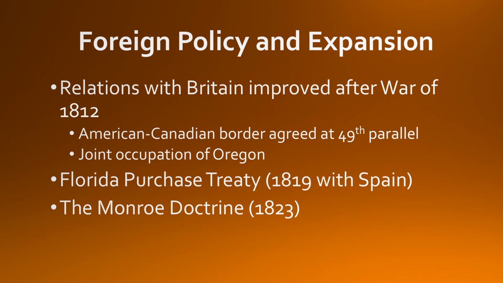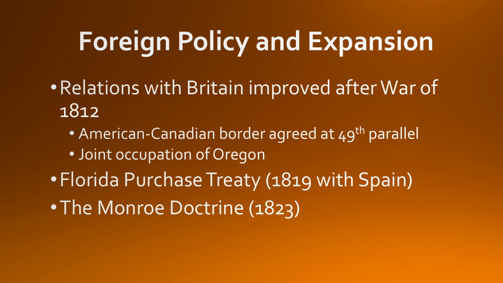And the Monroe Doctrine, part of the President's annual message to Congress in 1823 and written by John Quincy Adams as Secretary of State, essentially warned the imperial powers to stay out of the Western Hemisphere. They could keep what they had, but not gain any new ones. Allow the Latin American republics to govern themselves.